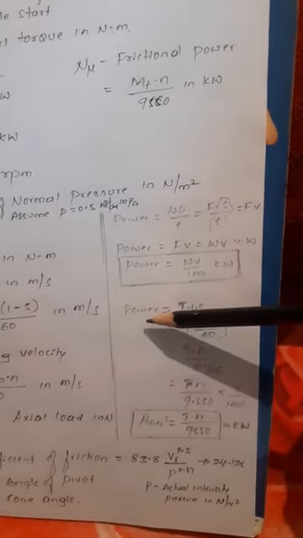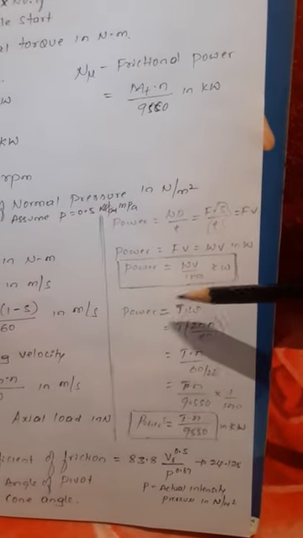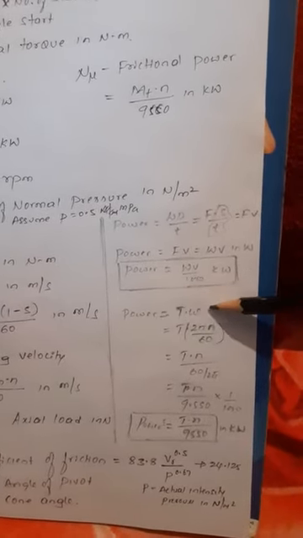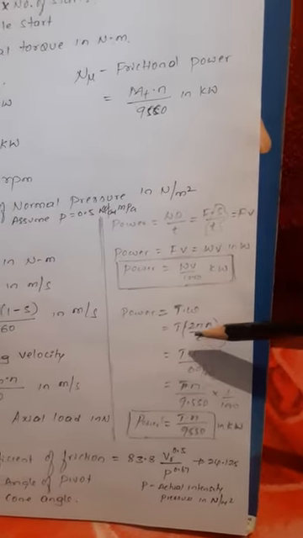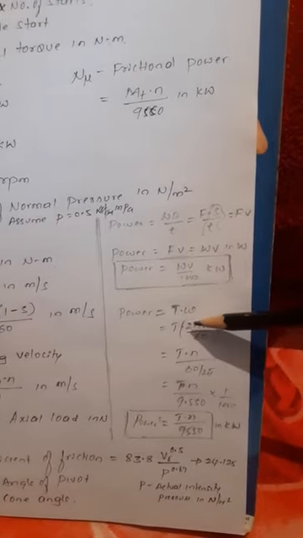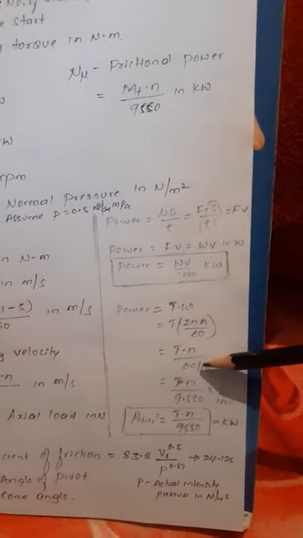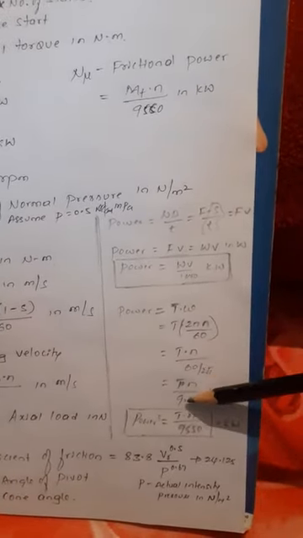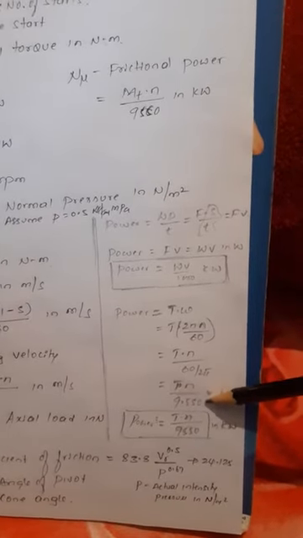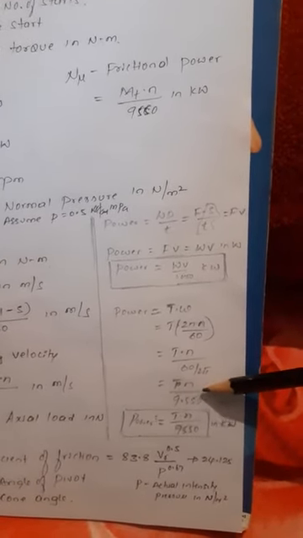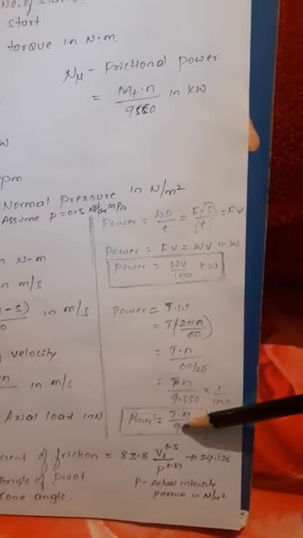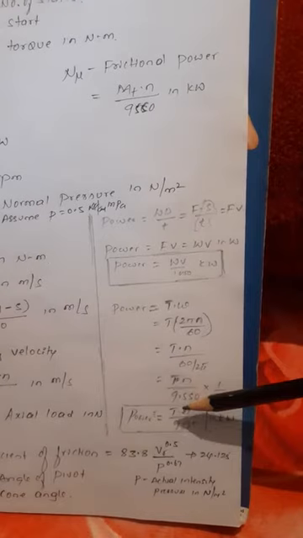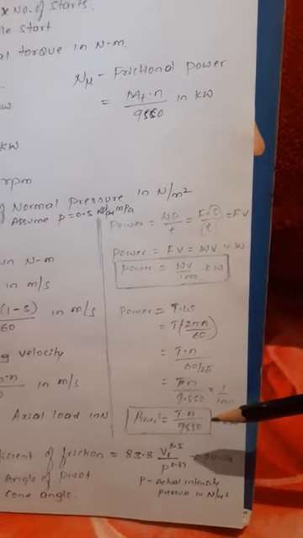And another formula, when you go for the rotary components, power is equal to torque into angular velocity. As you know, the angular velocity is 2 pi N by 60. Then T into N, 60 sends the 2 pi to the denominator, 60 by 2 pi. 60 by 2 pi will get 9.549, you round it to 9.550. Again divide by 1000, we will get 9550. The power is equal to T into N divided by 9550 kilowatt.